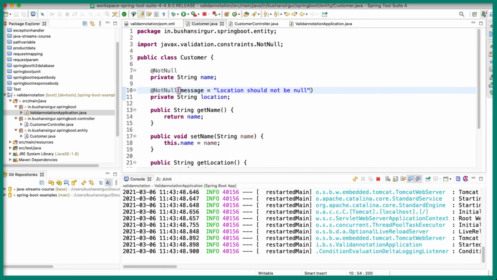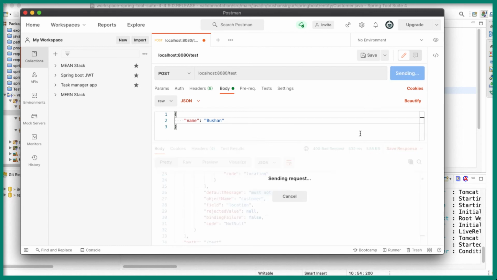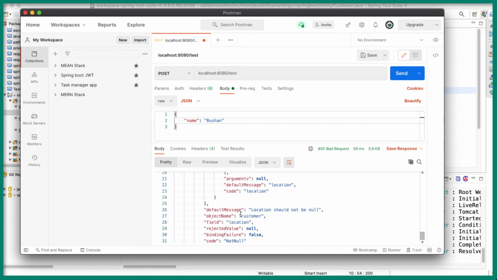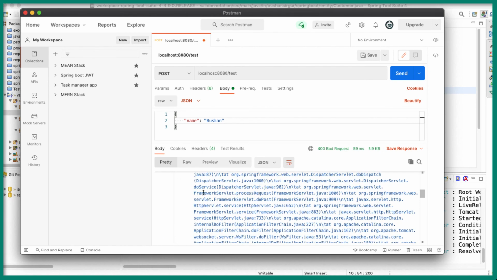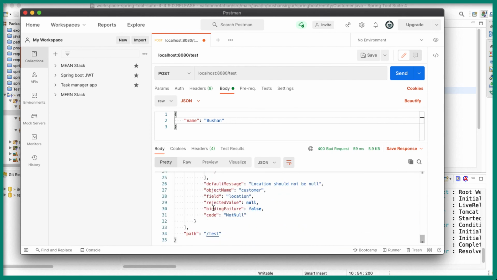Now let's go to Postman and click on send, and if you scroll down, you can see the default message, the location should not be null. This way you can customize the default messages, but right now this is not a useful error message, because when the validation fails, it is throwing this entire object, so the user cannot track what is happening.